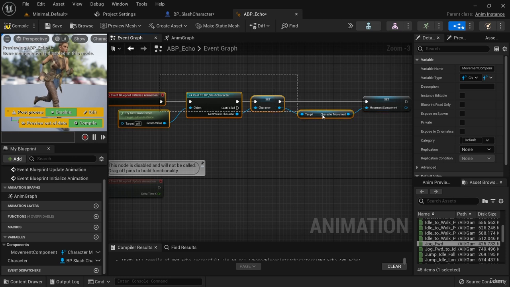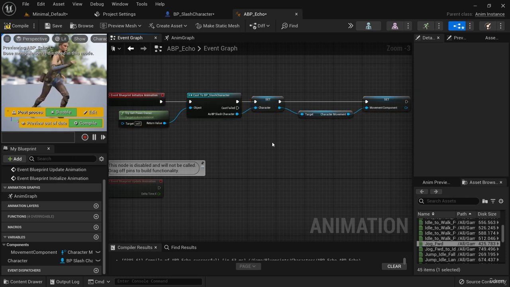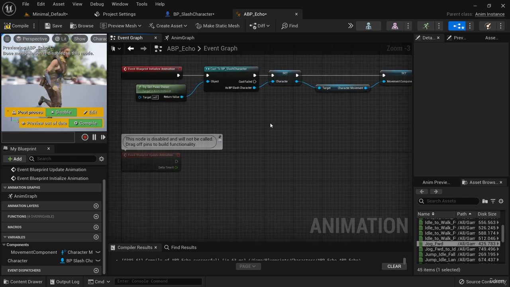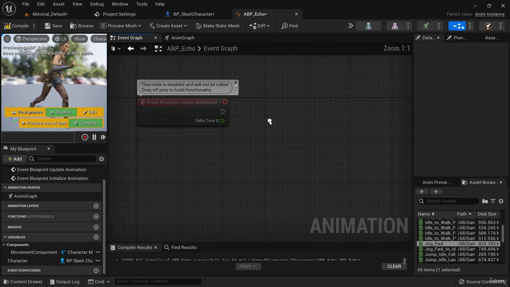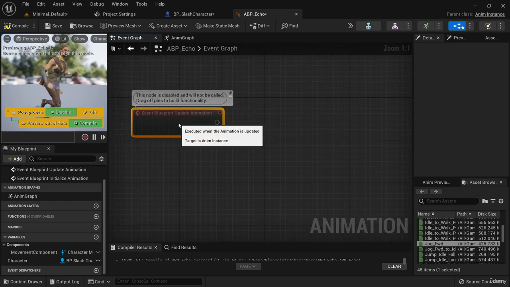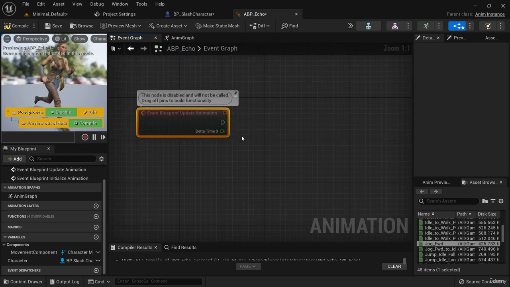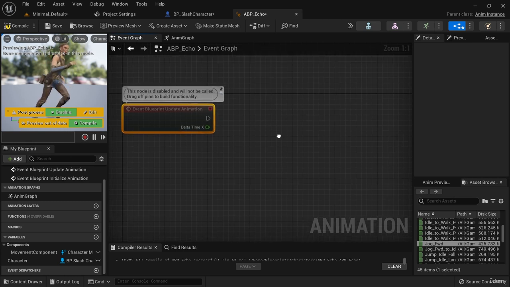And now we can access these values. So I'd like to access them every single frame, because things like velocity or whether or not we're in the air, whether we're falling, those are things that can change from frame to frame. And if we're driving our animations based on that data, we need real-time updated values, right? So here's what we're going to do. We're going to take our event blueprint update animation, which is like the tick function. This is going to be called every frame, and we're going to